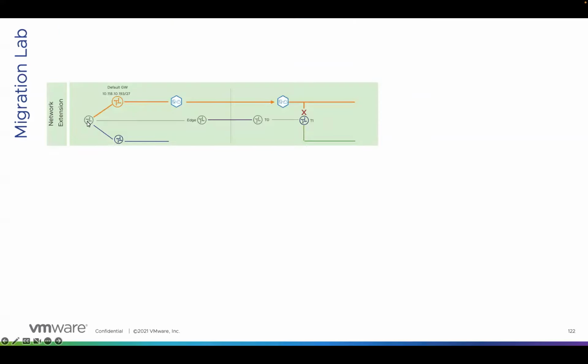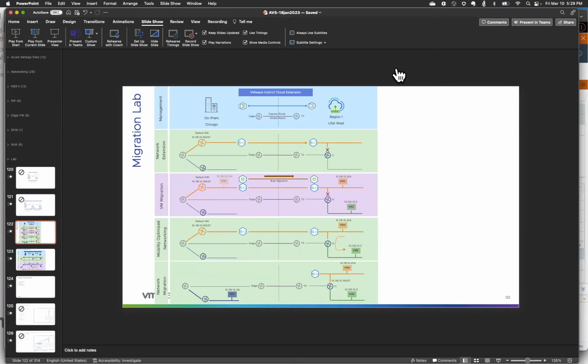Next, we're going to pick one of the subnets from the on-prem location, the 10.193 subnet, and extend it to AVS. So this is how far we'll go in this session, and then we'll continue and do migration in the next one. Okay. So switching to my lab,